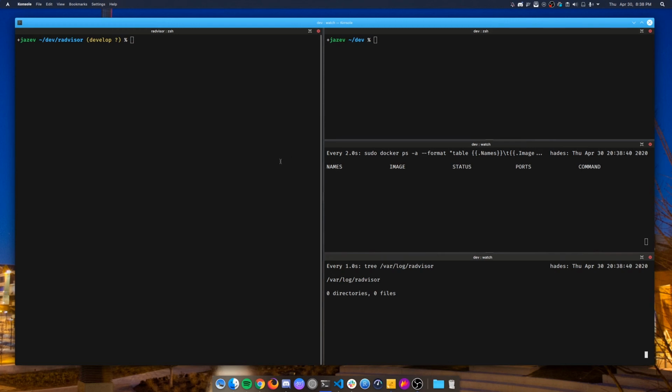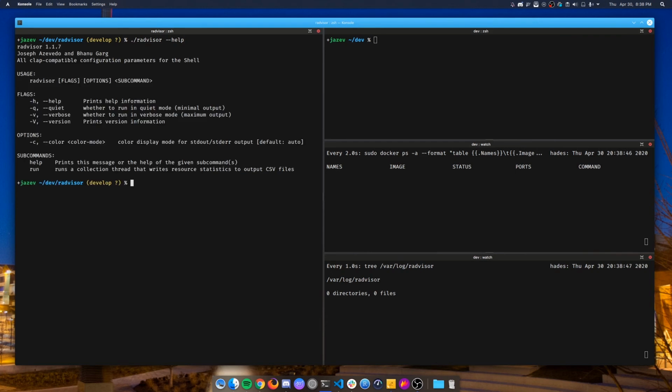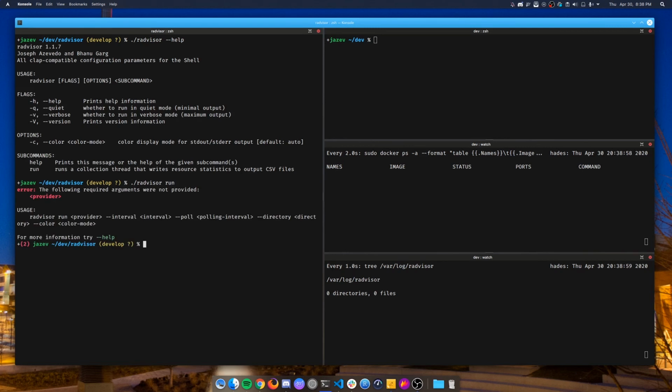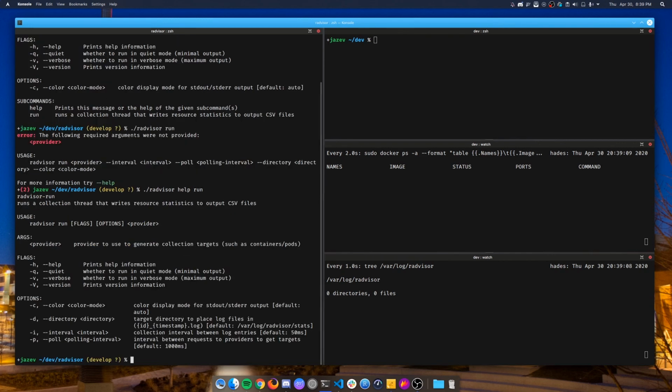So what I'm going to start doing is we'll see what the output of Artvisor is when we type artvisor help. This gives us all the information on how to use this command. It tells us that the main subcommand is run, which we can use when we type artvisor run. And then if we type this, it'll tell us we need a provider. The two providers we have implemented in Artvisor currently are Docker and Kubernetes. If we type artvisor help run, it'll tell us that: providers, containers, pods, and